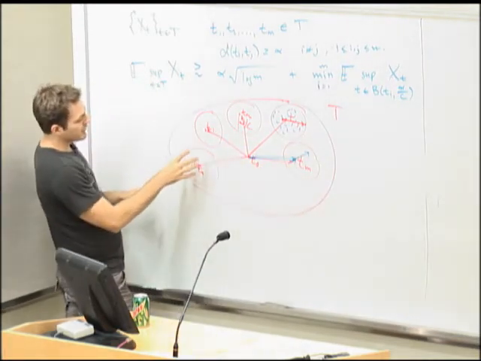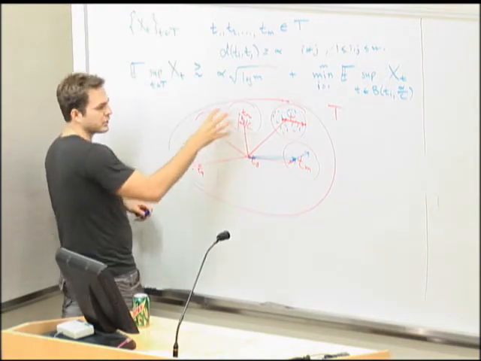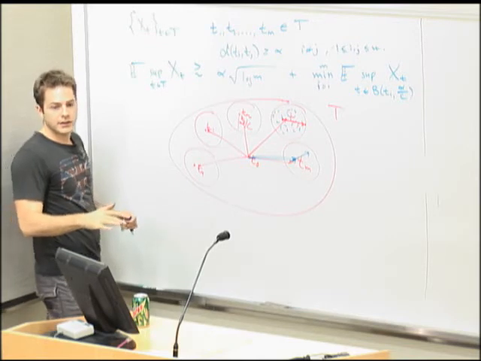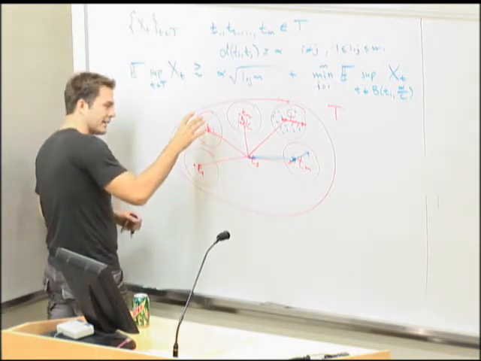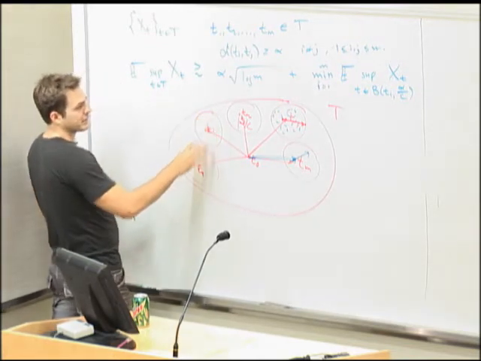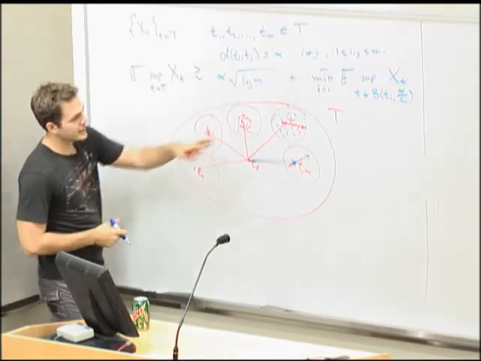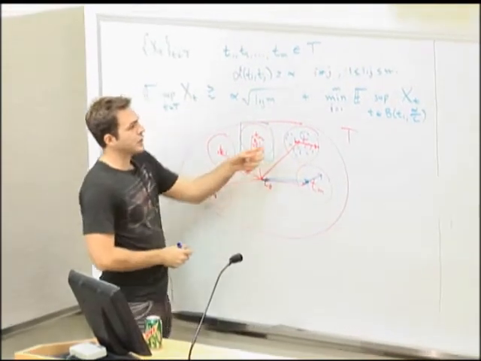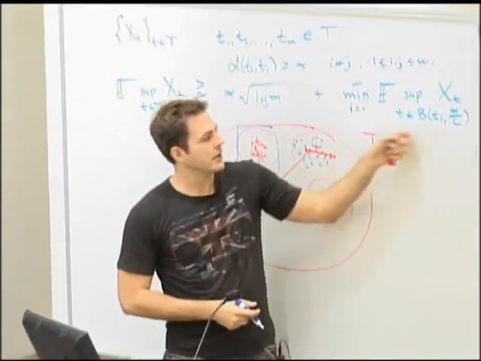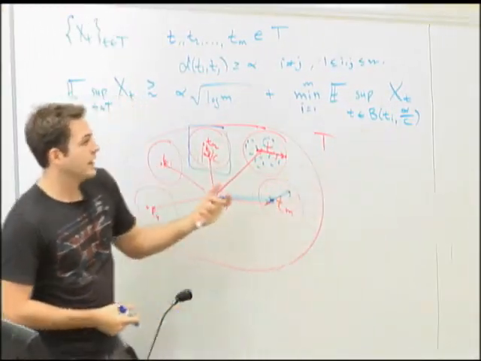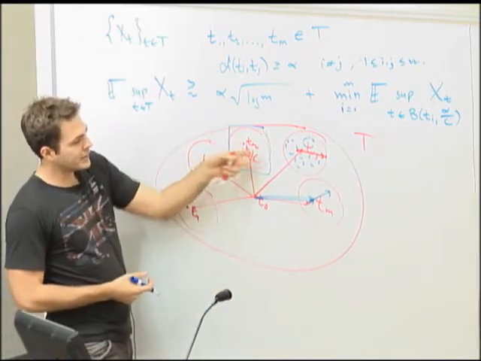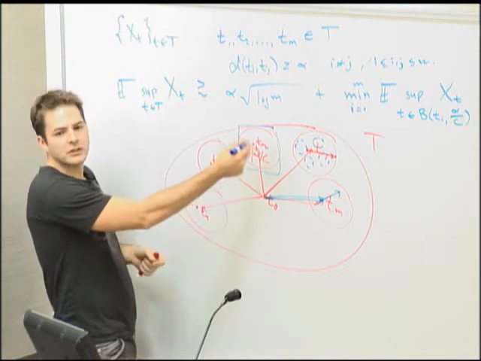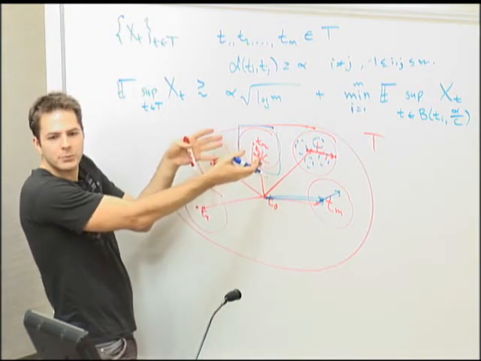So the whole goal is to show that the supremum in each one of these balls, we can take them all simultaneously to be close to their expectation. Right? So we're going to say, at least, first of all, one of these balls is close to its expectation, and then all simultaneously. And the problem with doing that is you can just look at one ball. If we look at the process restricted to this ball, look at this value. Why should this value be concentrated? We have no idea what the configuration of the process is inside here. In particular, we don't know how many points are inside here, so we can't take a union bound over all the points in this ball.